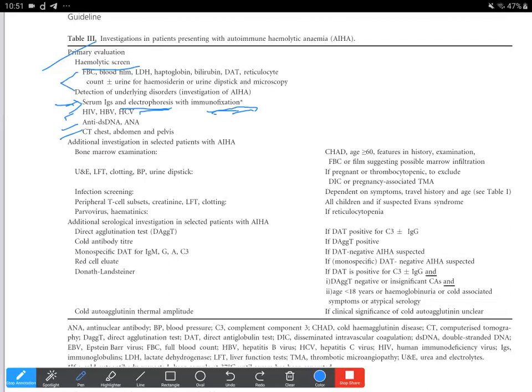come out to have an underlying etiology of lymphoproliferative disorder, and mostly the paraproteinemias. And in this case, care has to be taken that the sample must be kept at 37 degrees centigrade until the serum has been separated. So for the serum electrophoresis, IgGs and immunofixation, the sample must be kept at 37 degrees centigrade.